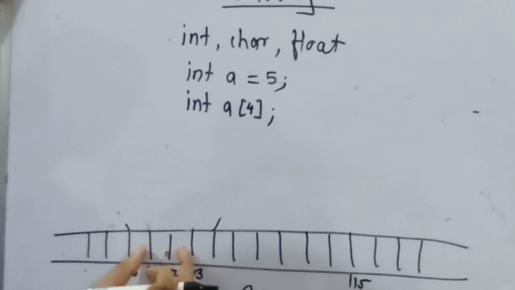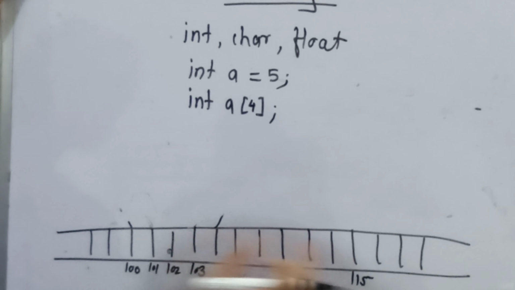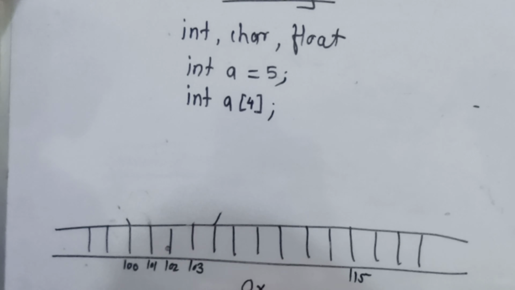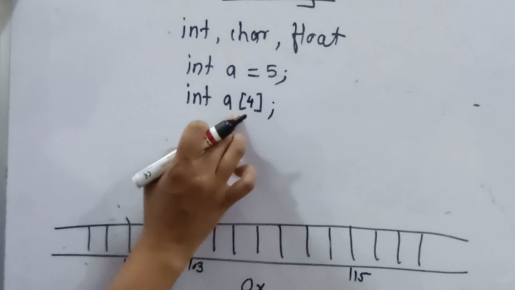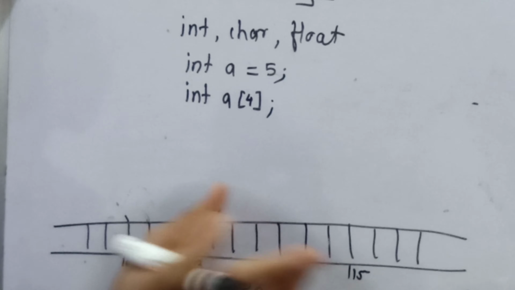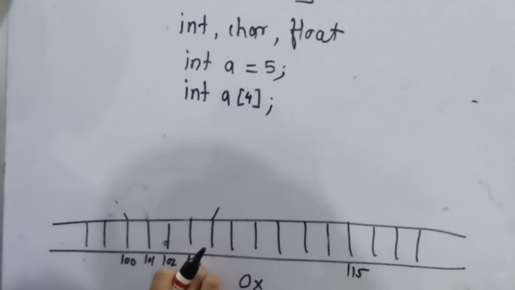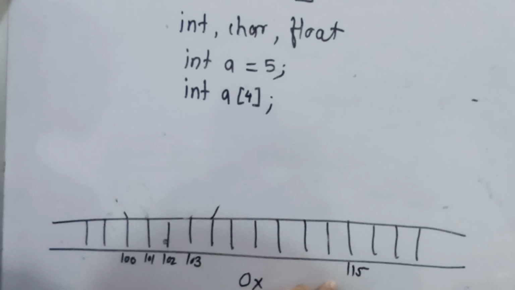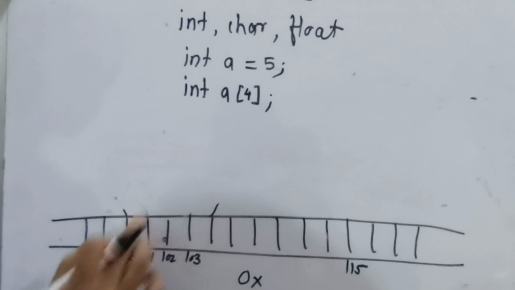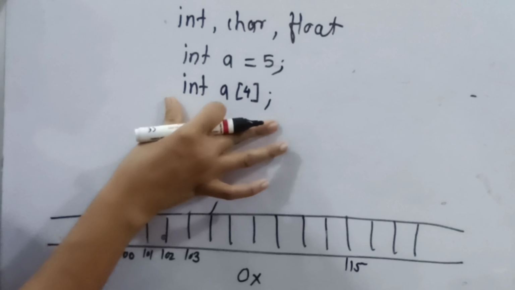It is not like the first variable of the array will be stored at some 4 locations, then the second variable somewhere else, then the third variable somewhere else. It will not be like this. Contiguous 16 bytes of memory will be allocated for this integer array. This is very important. Always remember, an array is a collection of elements of similar data types, and it contains contiguous or sequential memory locations. In this case, if the starting address is 100, then 100 to 115, those 16 locations, will be reserved for this integer array.